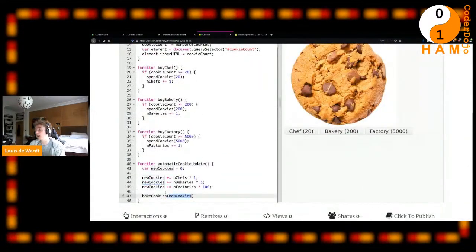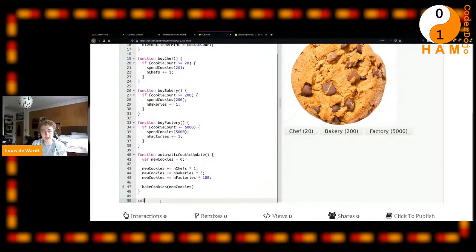Okay, so great. We got a function that when you call it, it will calculate the number of cookies that were baked, but we never actually call it. So what we need to do is use a function which is built into JavaScript, called setInterval, so I don't need to declare it anywhere. It allows you to give a function and a duration, and it will run that function infinitely every duration amount of time. So it takes a number of milliseconds. So in our case,